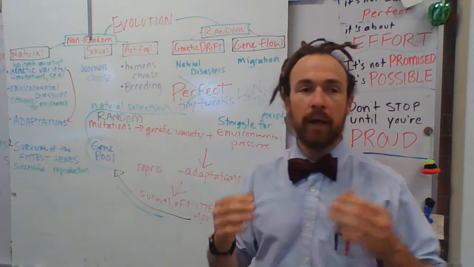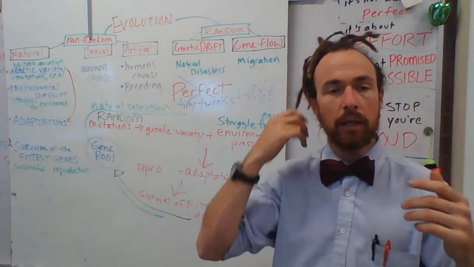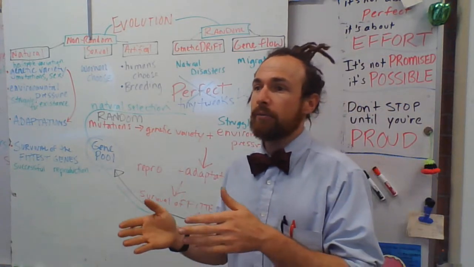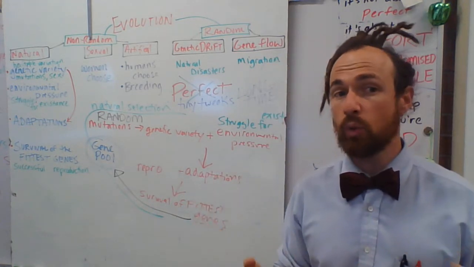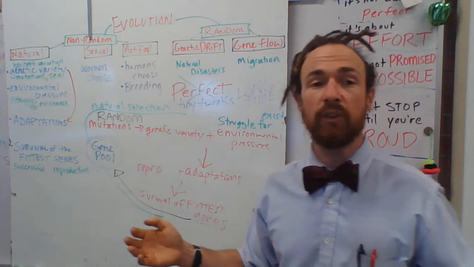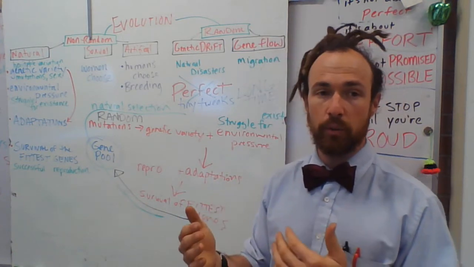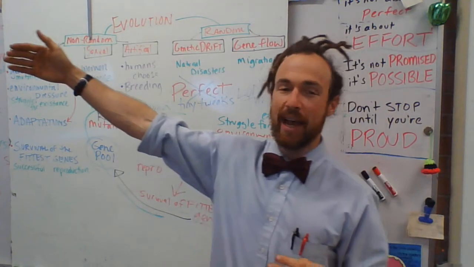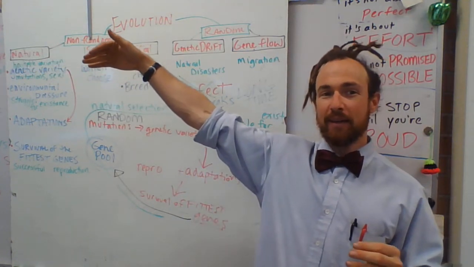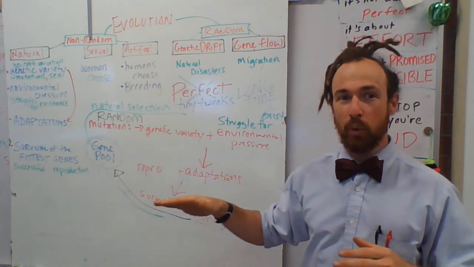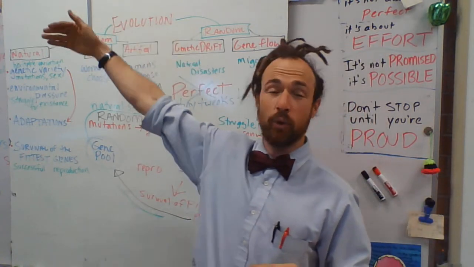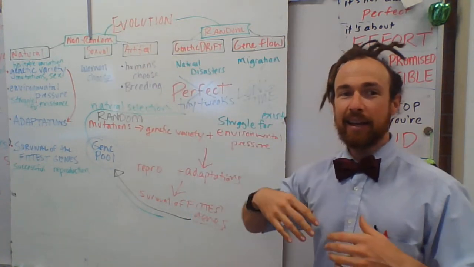Now, why do men go bald later on in their life? Well, if they have a full head of hair at the age of 16, 20, 25, 30, whatever, that's when they're reproducing. That's when the female is evaluating them for good genes. If their genetic inferiority or their poor genes doesn't show up until they're 40, 50, 60, whatever, then they're still going to be able to pass that on,